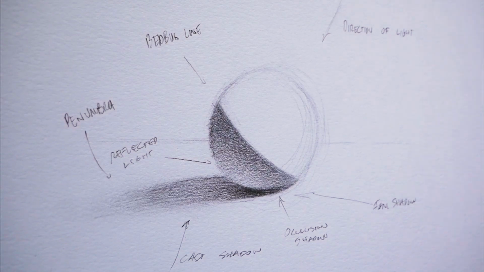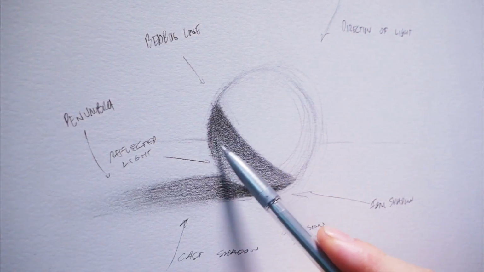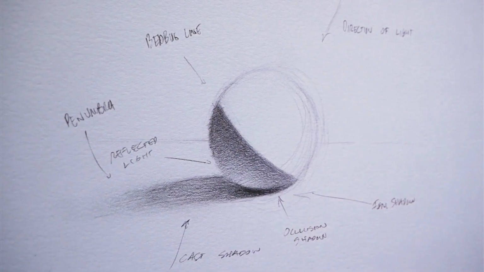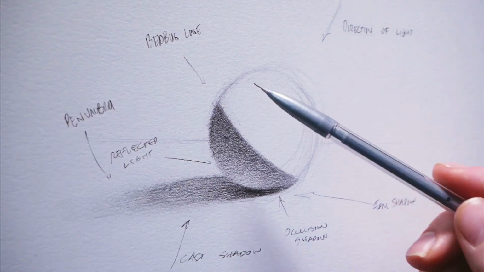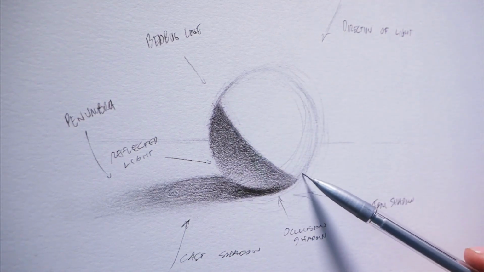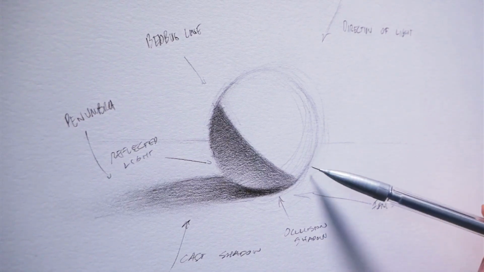So pretty much got our shadows mapped in, which is the part of the drawing that has more, in terms of complexity of anatomy of form, has more stuff going on. So that brings us to the lights, which are the parts of the sphere that are being directly lit. And we're going to be looking at what we call the halftones. So with the lights and the halftones,